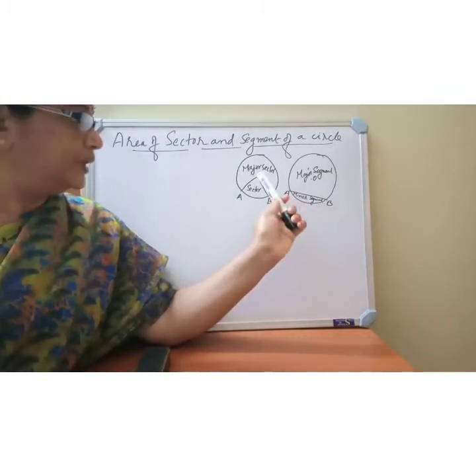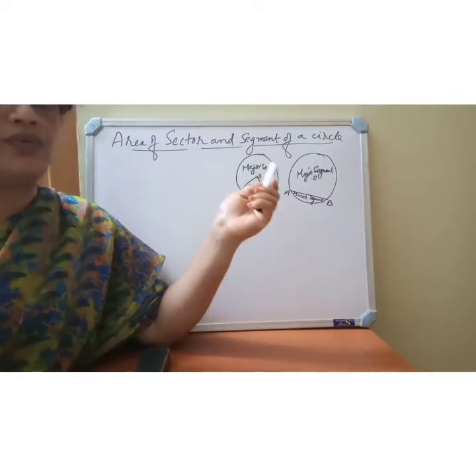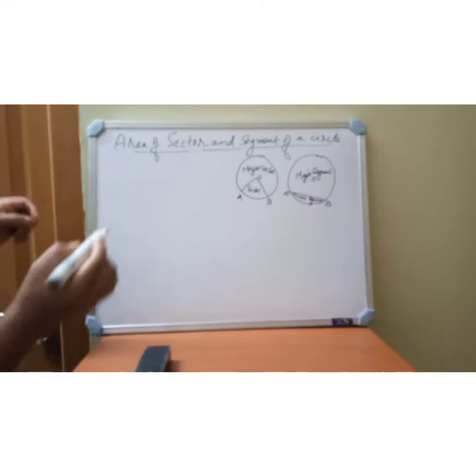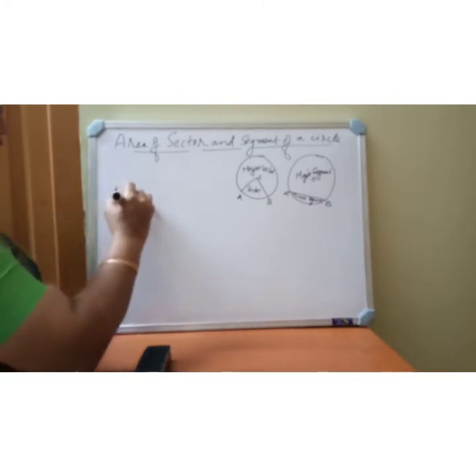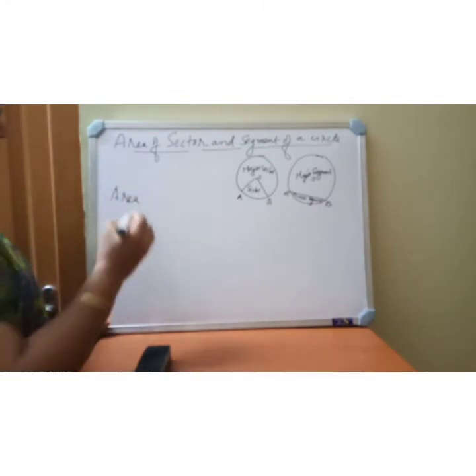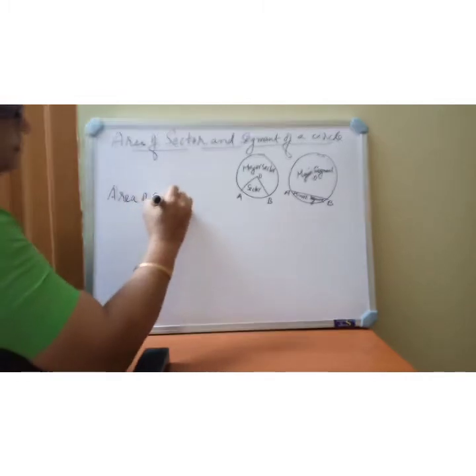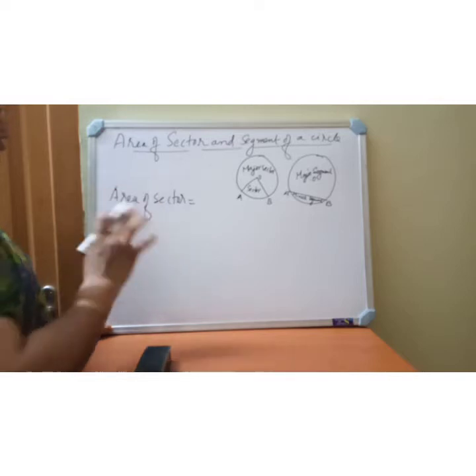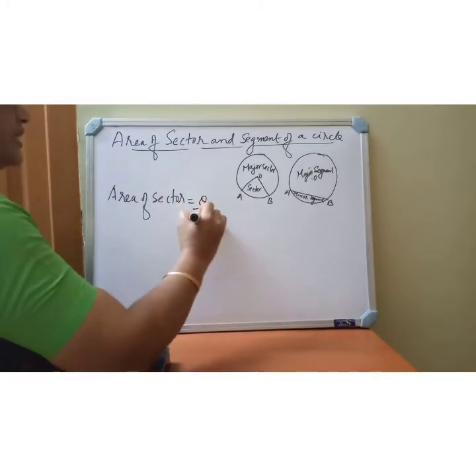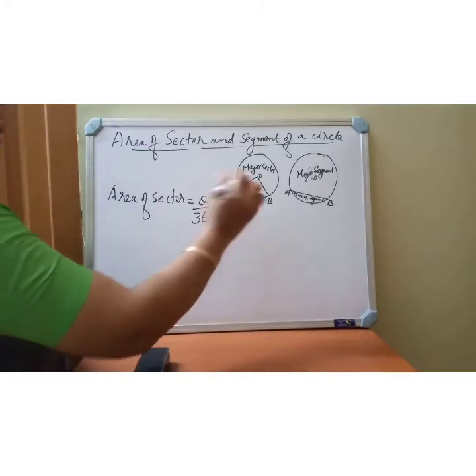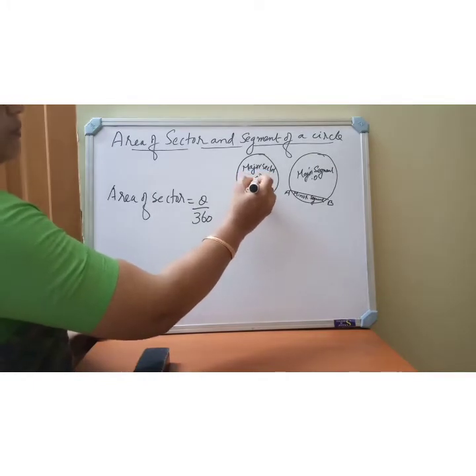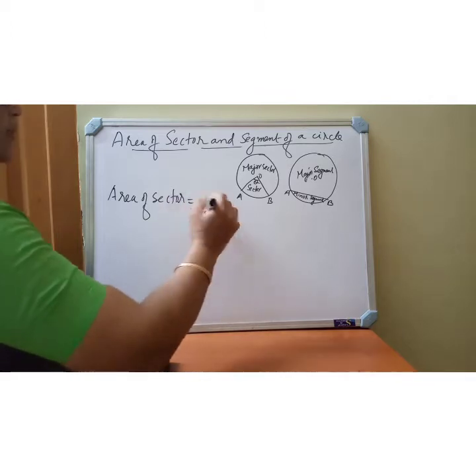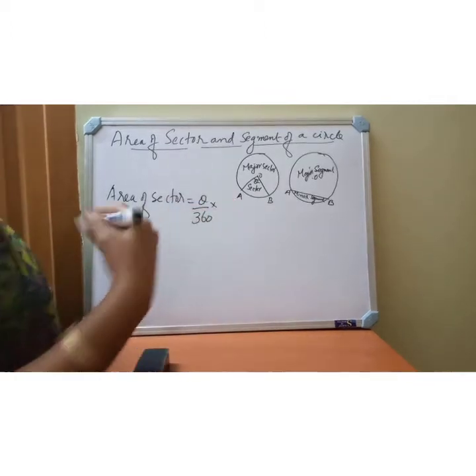Okay. So first let us see the formula for finding area of a sector. So write area of sector is equal to, last year I think we studied this, area of sector. What is area of sector? It is related to the circle only now. So theta by 360, central angle is theta. Okay, this angle we are denoting by the letter theta. So area of sector is equal to theta by 360 into area of circle.